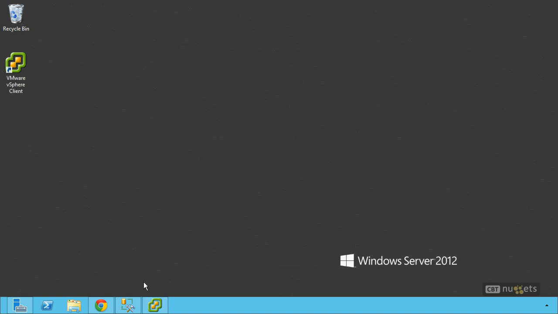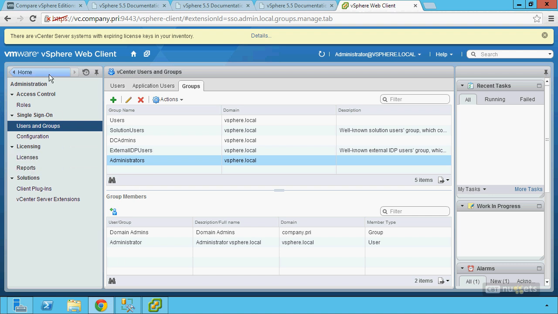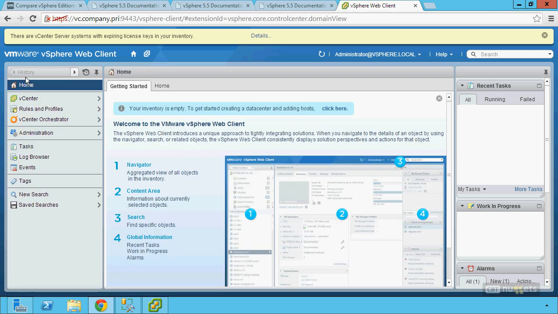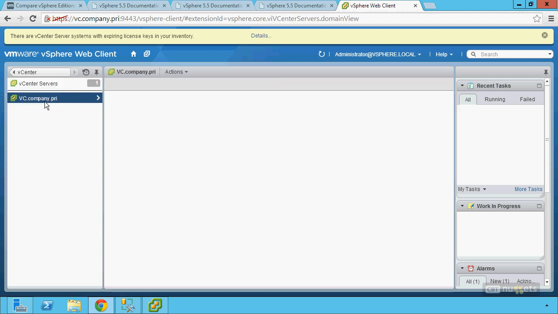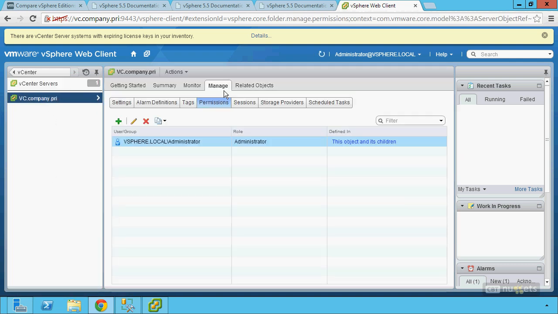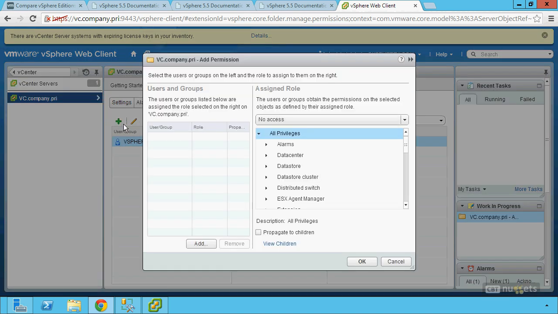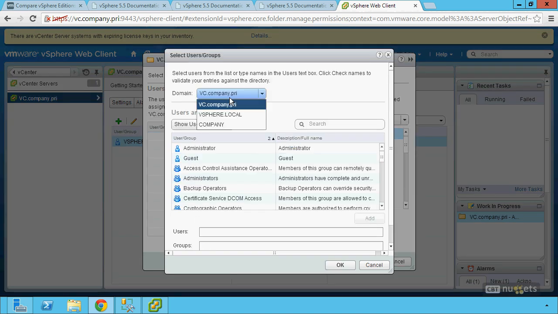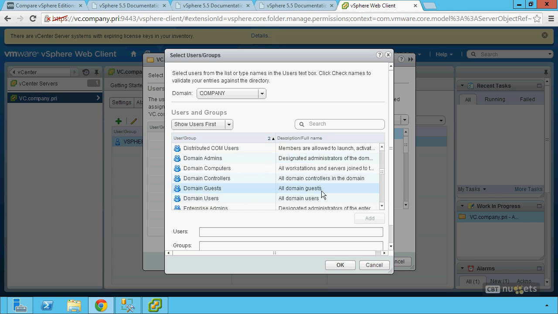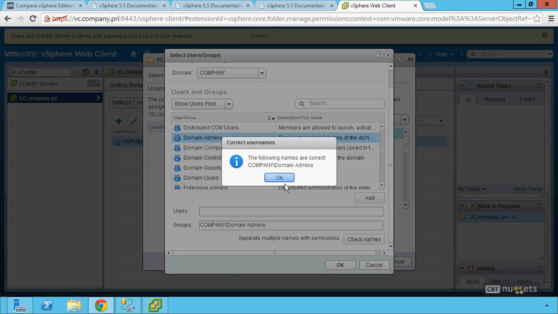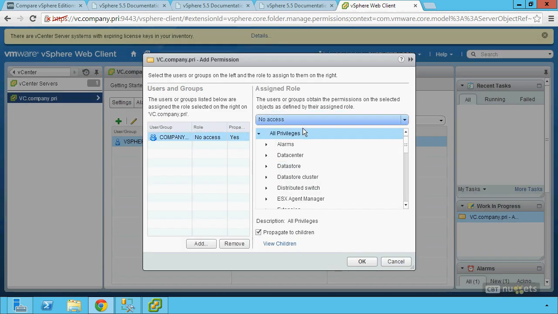This can be fairly confusing for you your first time around, because what you actually have to do is come back here under Home, go to vCenter, go to your vCenter server, and here under the vCenter server, the Manage tab and the Permissions tab, add in the Active Directory user or group that you want to give permissions to. So here under Users and Groups, for Company, let me go ahead and make this change here to add in domain admins right up here, checking once again the name, to the proper location here, and to give it the